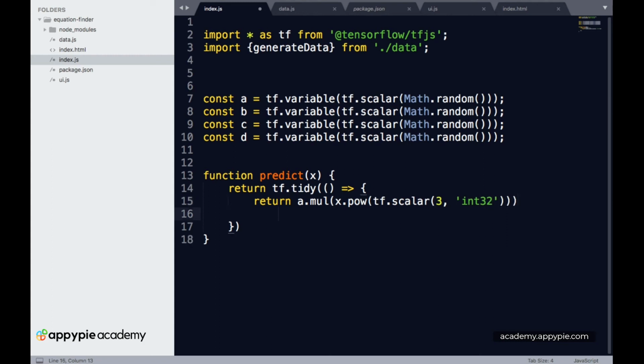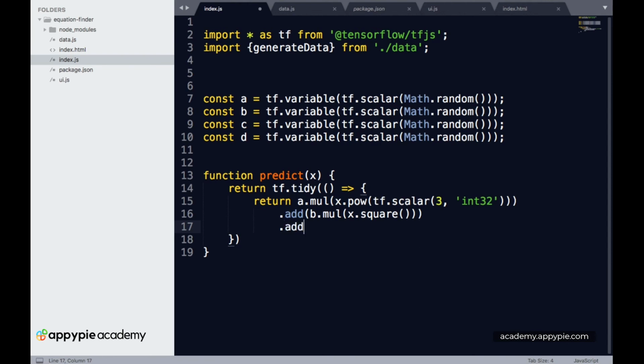Then let's just add. Now we want to add in the value of b, so b.multiply, so this will be bx square. So now we have x.square. Then we have to add the cx part, so it is ax cube plus bx square plus cx.